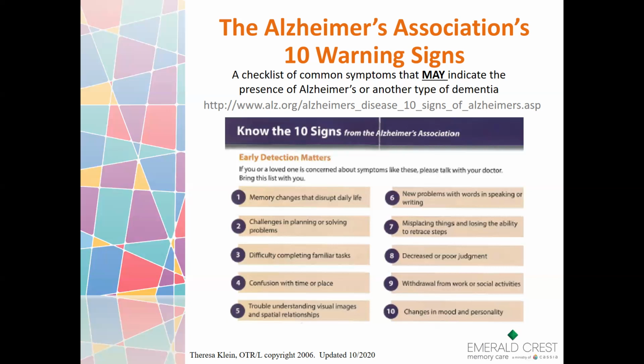Number 6, if you're noticing that a person is having problems with their words or speaking or writing, a lot of times we all talk a good talk for quite some time, but as somebody is showing some of those earlier signs of cognitive impairment or dementia, you might notice them forgetting words or saying, oh gosh, that was on the tip of my tongue, I can't remember. Or using different words in place of a correct word and using that over and over again,